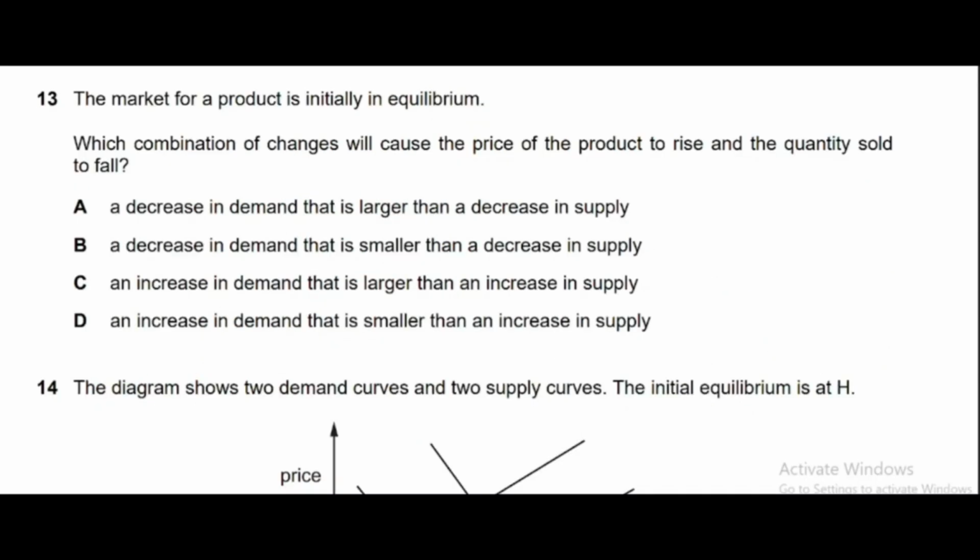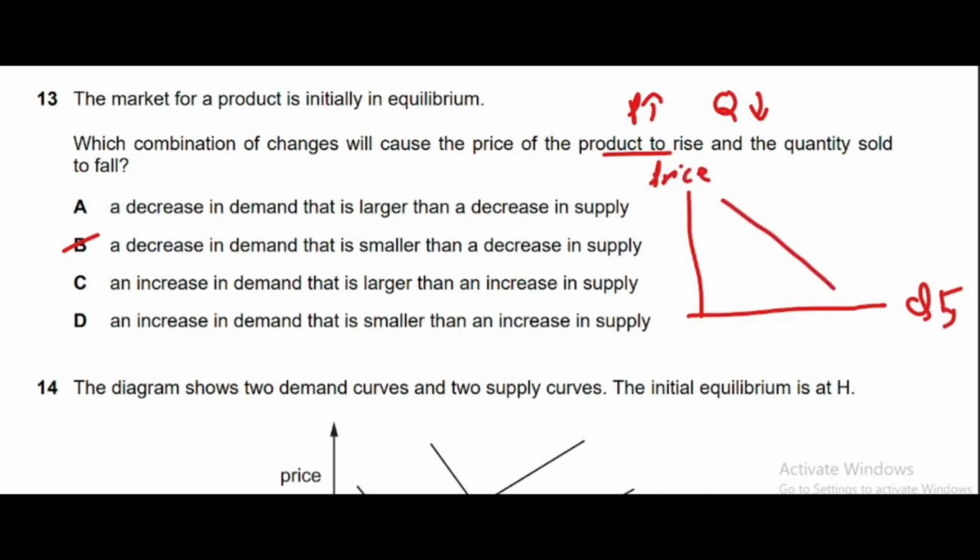Question number 13 says the market for a product is initially in equilibrium. Which combination of changes will cause the price of the product to rise and quantity sold to fall? So option B is the correct answer, and the conditions here are that price will rise and quantity will fall. So we have to prove why it is happening in option C. So we have quantity on X, and we have price on Y. So this is a normal demand curve and this is a normal supply curve. We have to find an initial equilibrium, that is at price P and quantity Q. So this is the origin point. Okay, so now